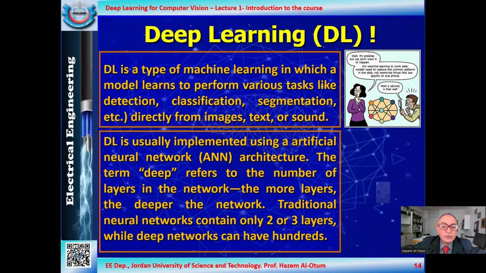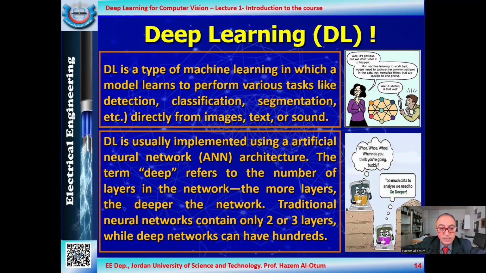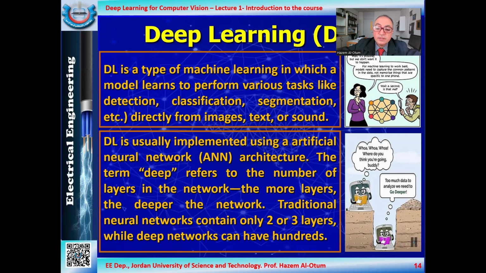Of course, DL is usually implemented using artificial neural networks, ANNs. However, in deep learning, we can extend further and go to other applications. In machine learning or neural networks, the number of layers used in an ANN is a little bit small, maybe 2, 3, up to maybe a few layers, while in deep learning, we may go up to hundreds and get better performance. So this means that we need to go deeper and deeper into our application or our network.